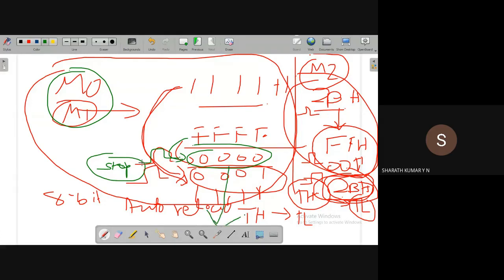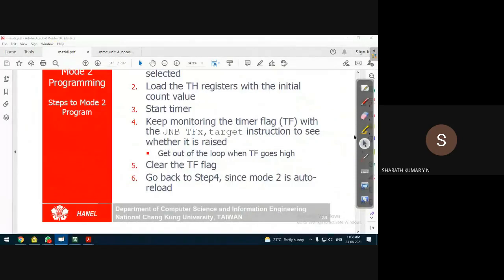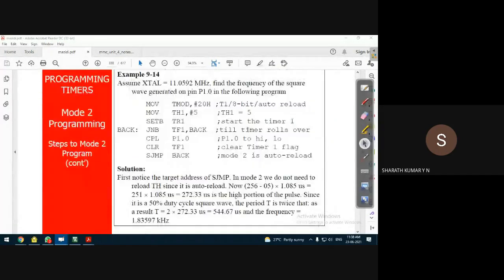So it is better to stop the timer whenever the overflow flag is set to 1. Then load the initial count, in this case 1111, and continue the operation. This is important in the case of mode 0 as well as mode 1 operation.